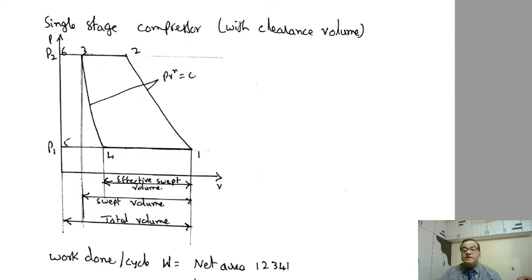Effective swept volume is the actual swept volume, that is what we call it as effective swept volume. Why is there a reduction in swept volume? Basically, the air entry is obstructed because of the valves and the springs, and because of these restrictions, the air entry inside the cylinder will be less than the theoretical swept volume. So this is the actual swept volume, which is effective swept volume. Total volume is Vs plus Vc, which we all know, swept volume plus clearance volume.